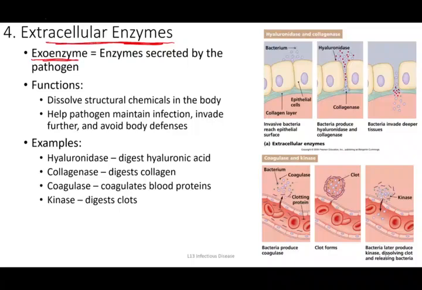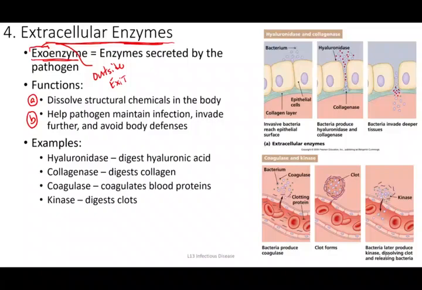And all that means, when you see this prefix, it means outside, and you can almost see the word exit in it. So an exoenzyme is going to function outside the cell, or another way of saying that is they have to exit the cell prior to them having their function. So some bacteria make exoenzymes or extracellular enzymes that can have important consequences in establishing infection or progressing to a disease state. So these are, again, two categories that we are going to see examples for.